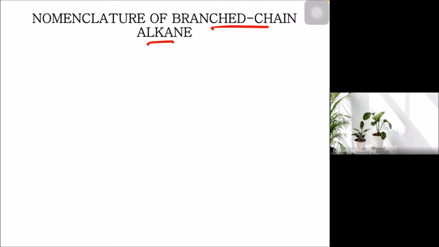But when there are branches, you really have to identify those branches, or what we call substituents. Substituents is what we call the branches. Okay? For the first step in naming branched chain alkanes,